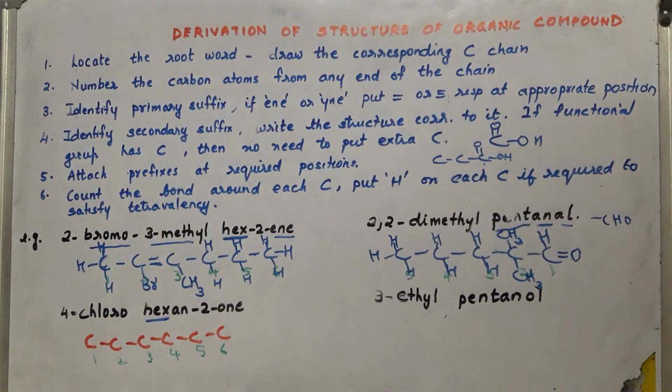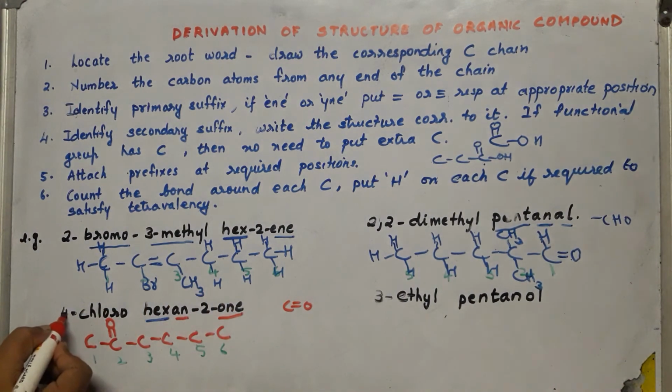Next you have to locate the primary suffix an. It is an, so single bond. All should be single bond. Next, secondary suffix is 2-one. One means it is C double bond O. This group shows one, that is the name for C double bond O. So C double bond O position is 2. So on the second carbon I have already written the carbon. Remaining double bond O only you have to write here. Now it's also over.